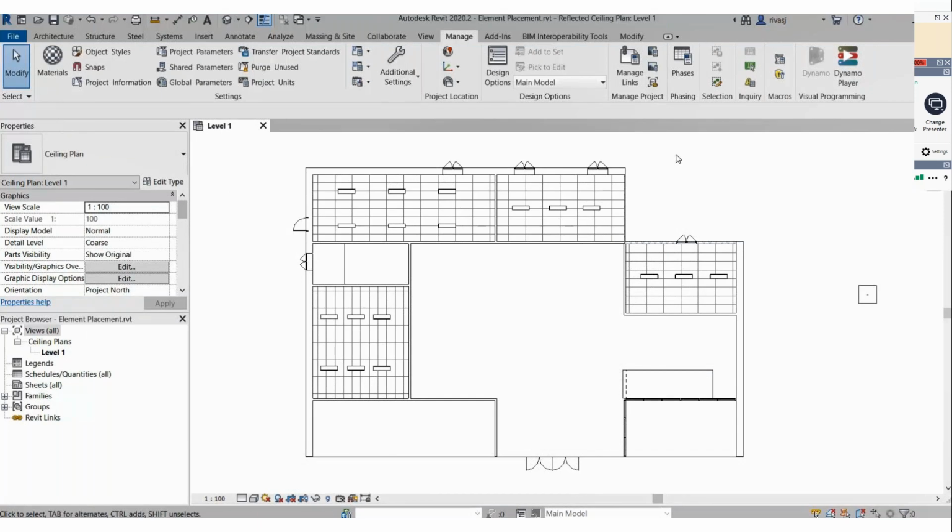So you see automatically within the Revit environment, we were able to place the lighting fixtures. And this is just an illustration of the possibility. This could have been used for various other use cases across my architecture design or even structural design.